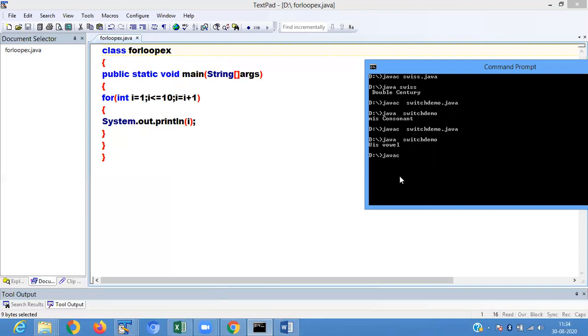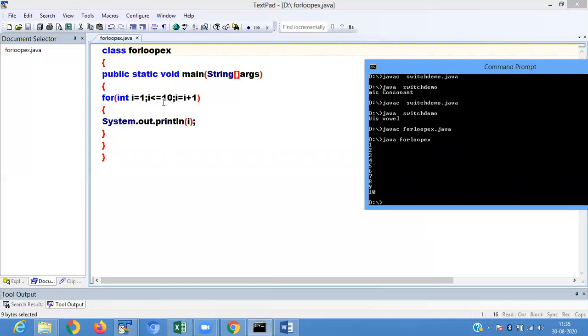Javac. Then it is printing from 1 to 10.